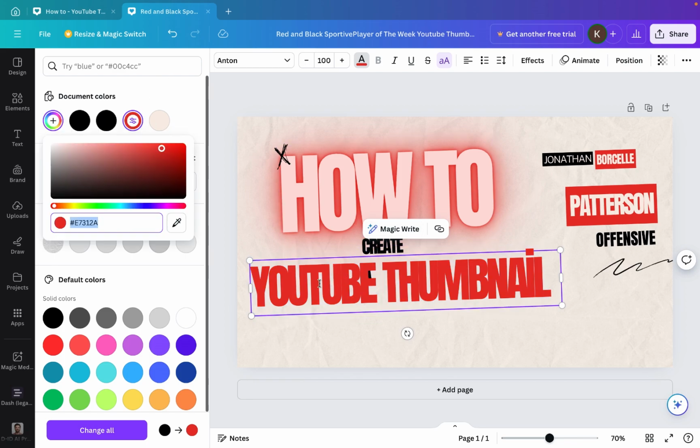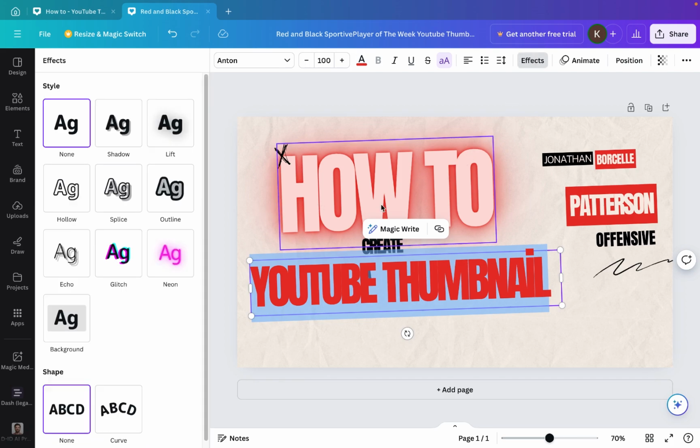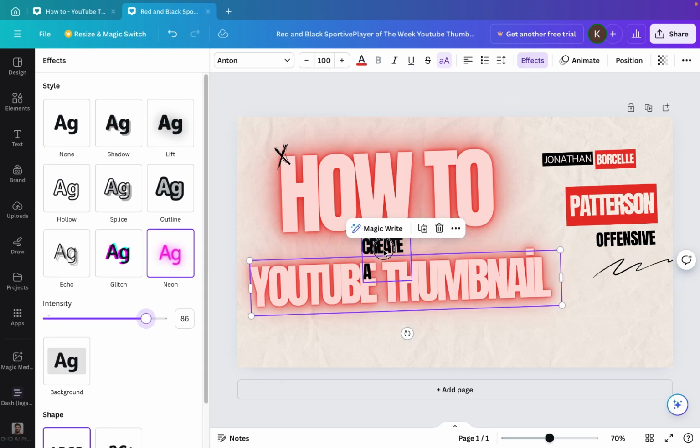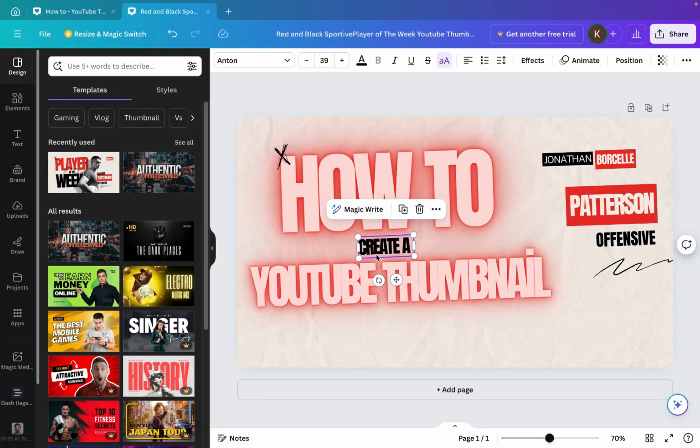So you have taken that. Now you select all of this and apply the exact same settings which you had applied to the area called how to. Now what you can do is you can make this a bit larger, and now you can make its font larger, because if you just make it larger like this, nothing is going to happen. So once you've made your edits to the YouTube thumbnail and the how to,